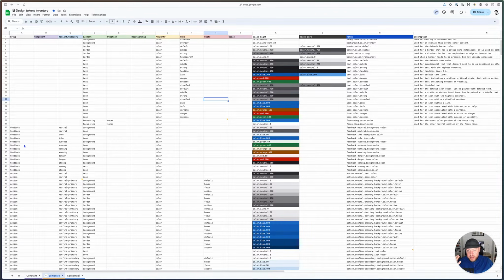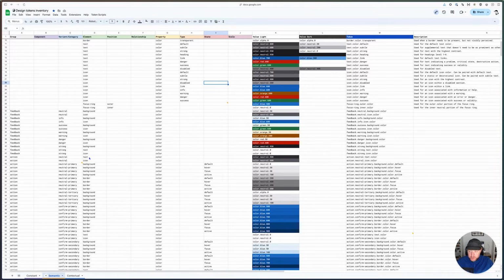So if you think about feedback, this blue 50 and the 600, this would be like the background of an info alert. This would be the icon color for the alert, but this background color could also be for the highlighted comment section, or a highlighted row in a table that's new. Same with the green for success, or you added a row in a table. However they get used, they have more purpose. For actions, we have this action neutral text color that can be used for links, like meta links, neutral meta links. It can be used for neutral buttons.